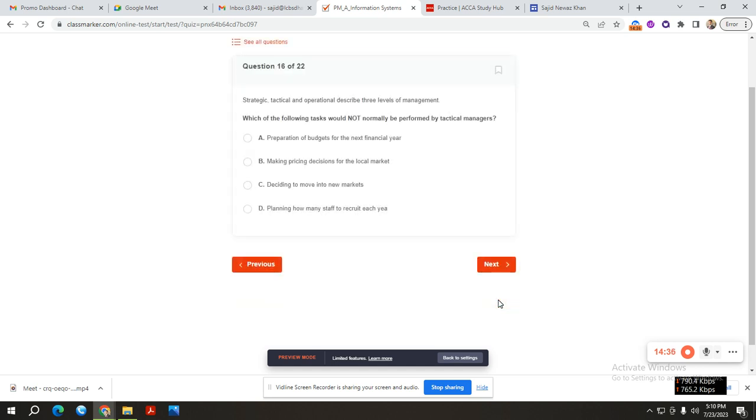Next up, strategic, tactical, and operational describe 3 levels of management. Which of the following tasks would not normally be performed by tactical managers? Tactical মানে mid-level managers, তারা monthly বা 6 monthly কাজ নিয়ে করে। Preparation of budget, এটা অবশ্যই ম্যানেজারদের কাজ, so this is